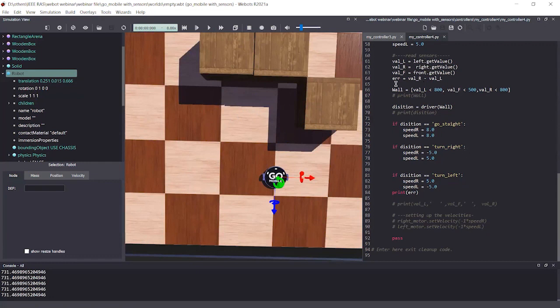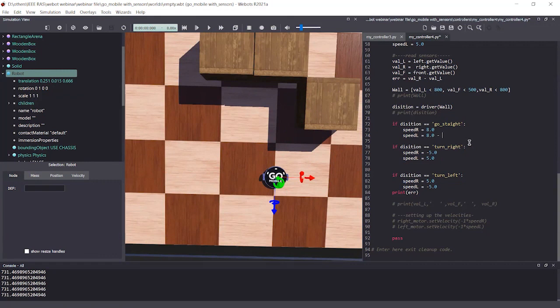So when the driver says go straight, I'm going to do it. We saw that when the robot is more towards the left side, this value is positive. So if there is a wall towards the left side, what we need to do is slightly increase the rotating speed of the left side motor, and slightly decrease the speed of the right side motor.